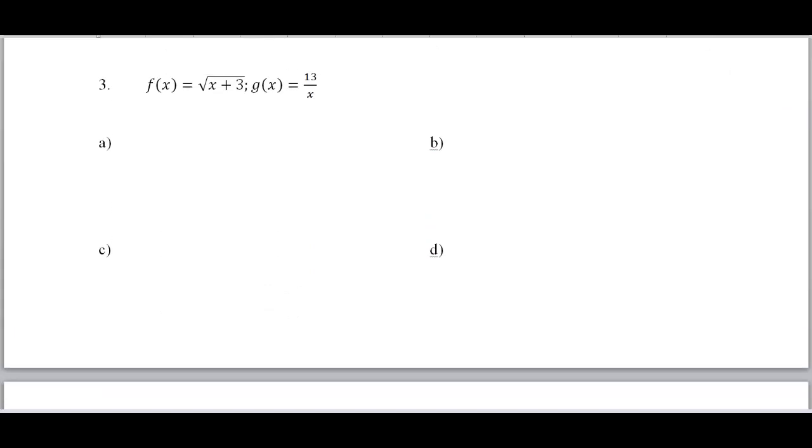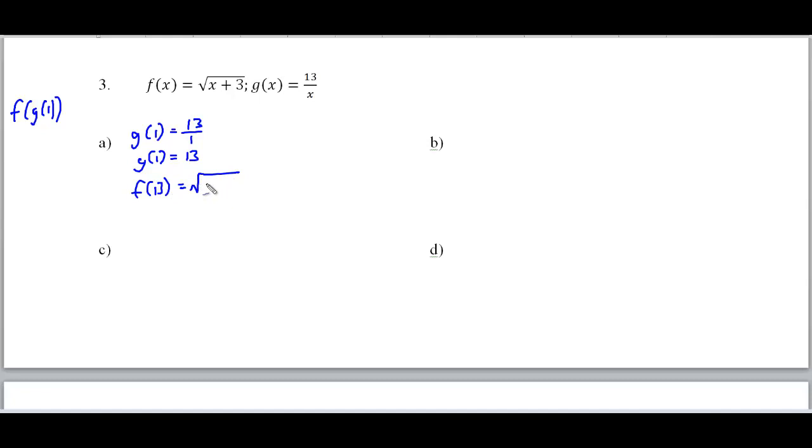Alright, let's plug 1 in for my, this is going to be, whoops, hold on, let me click this. Alright, here we go. F of g of 1. Now notice I'm writing this a different way. So let's start this out by plugging 1 in for g. So g of 1 is equal to 13 over 1, which is equal to 13. So my g of 1 is equal to 13, which means I plug my 13 in for f, and this